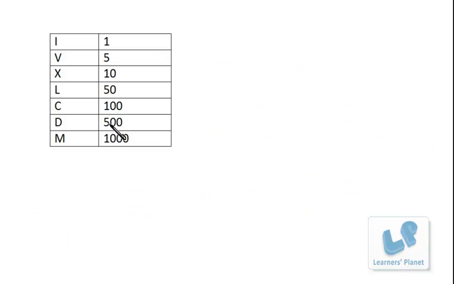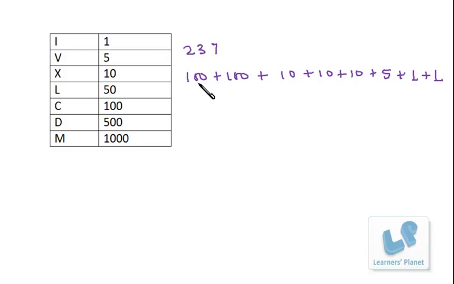Now let's write 237. Now it's 100 plus 100, that is 200, plus 10 plus 10 plus 10, that is 230, then 35 plus 36 plus 37. Now just put the symbols over here. It's C, C, X, X, X,